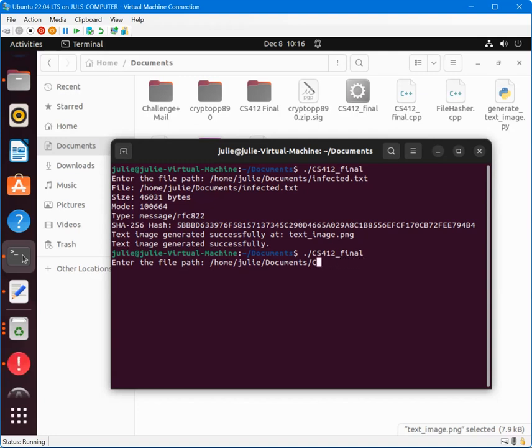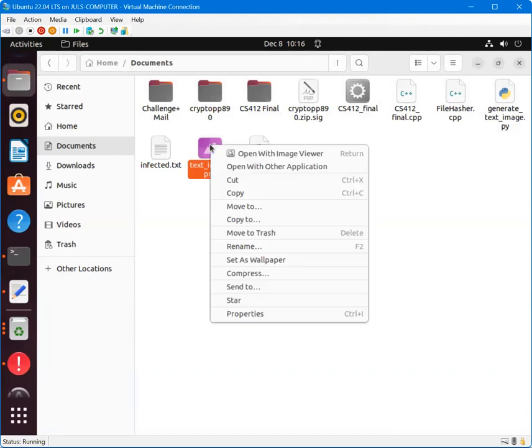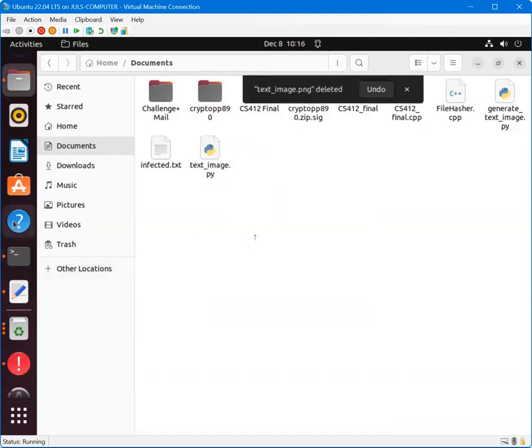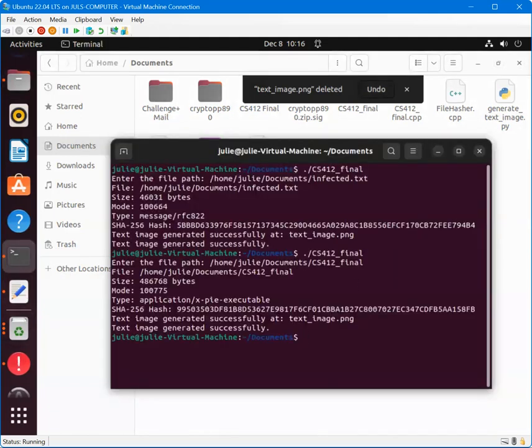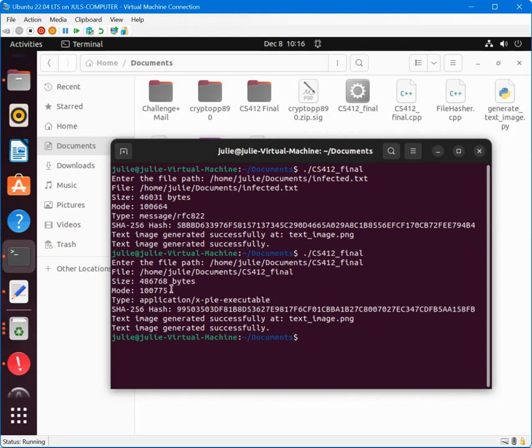Didn't have my numlock on. I'm going to run the final one so you can see what it looks like. It's a little different. And before I do that, I don't want to confuse you, so I'm going to get rid of this one. I'm going to move that to trash. We're going to go back here and then hit that. So as you can see, this one has different bytes. This one has different permissions. Again, it's a regular file,